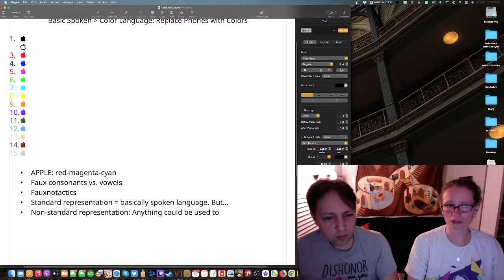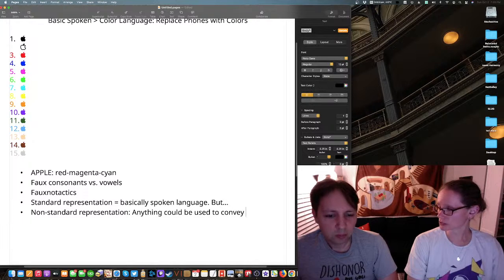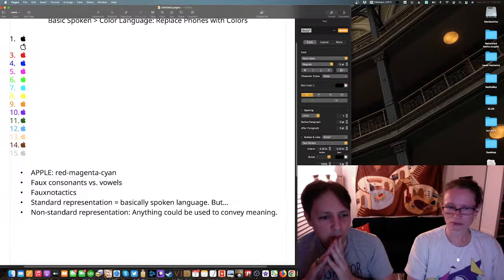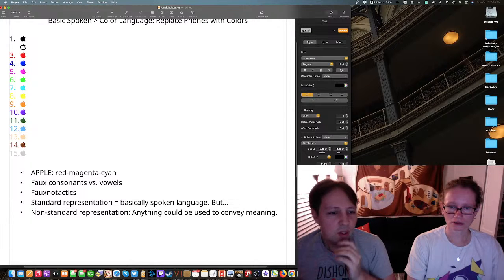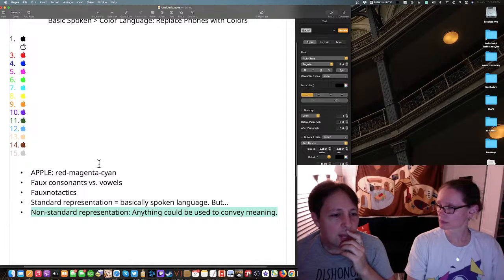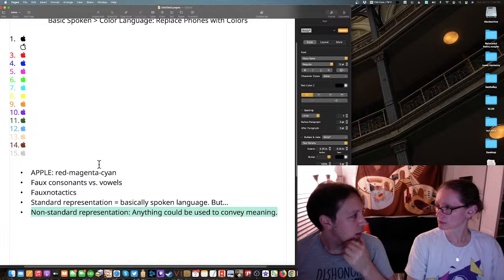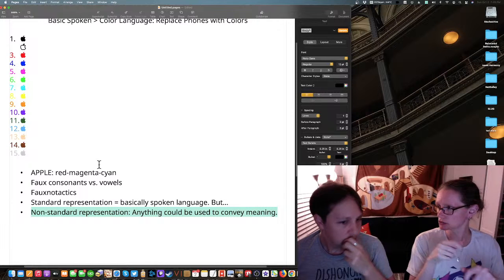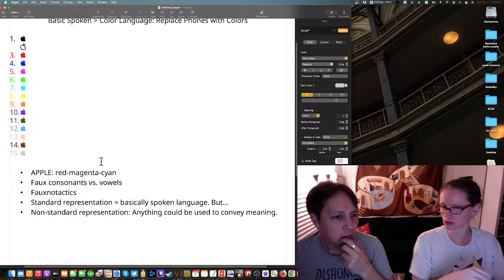And so I would think if you're doing a color language, the whole goal is to make it as diversely usable as possible. Okay. So I think that's the important thing. In other words, it would have to be non-standard in order to be interesting, right? Anything could be used, whether it's a rope, a string, you have a set of markers and you just draw a line or whatever.